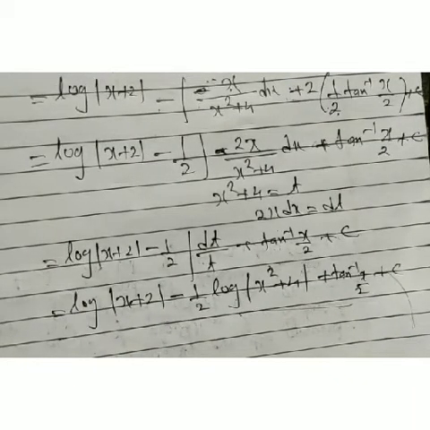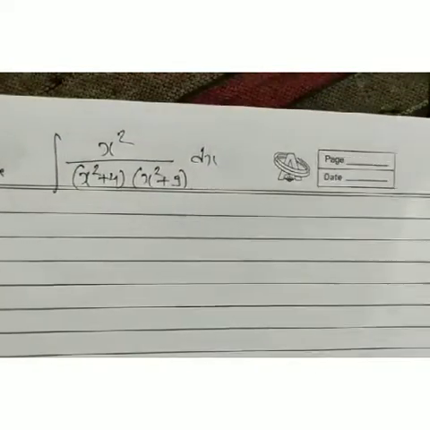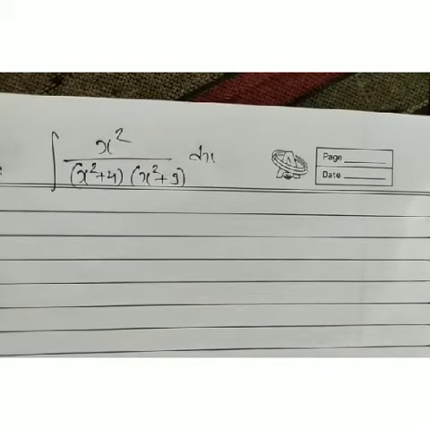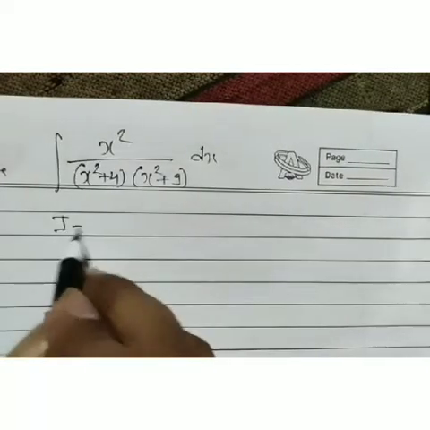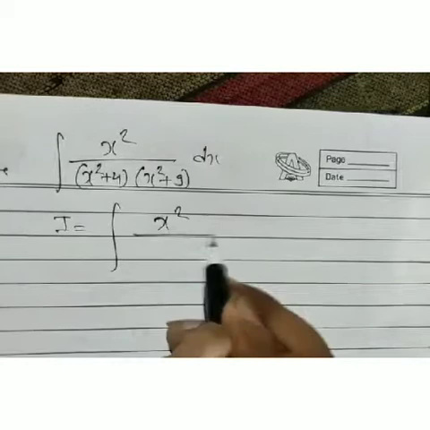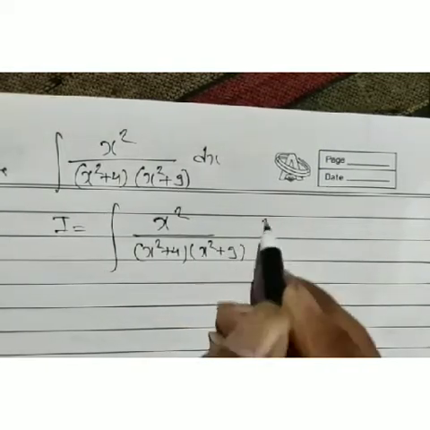Look, we have found the value of integration of this problem. Now we have taken our next problem. It's one of the easy problems. I'm not going to solve this, I'm just going to explain what you have to do. Again, it's a board problem. Just start with I equal to x square plus 4 x square plus 9.